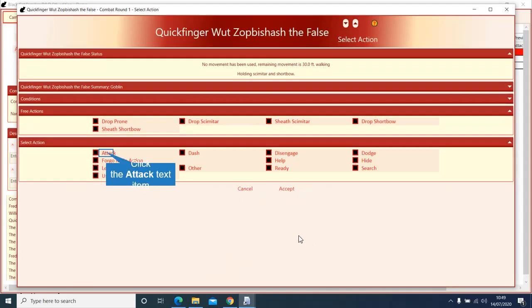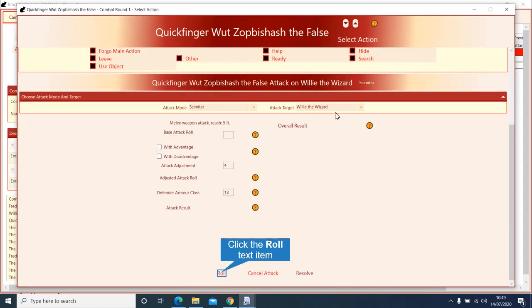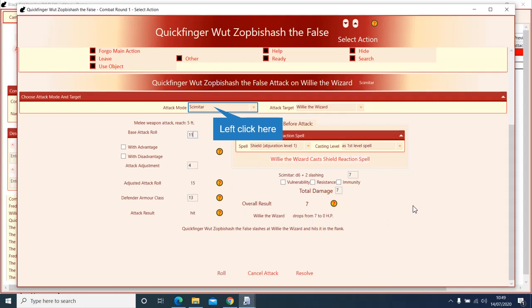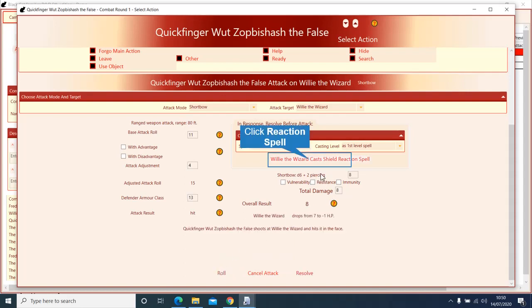Fine. Okay, next goblin. This goblin is also attacking Woody the Wizard. So again, let's roll that attack. 8 misses. Okay, just to demonstrate the shield spell, let's say instead he rolled an 11, and it should be a short bow attack. So this would result in 8 damage, taking Willy the Wizard down